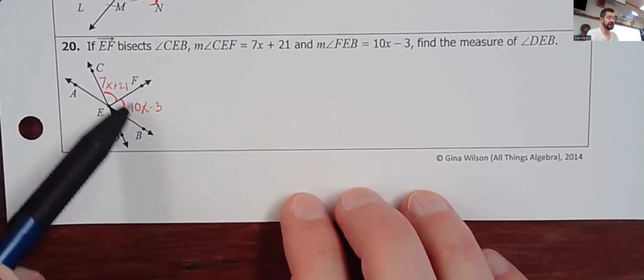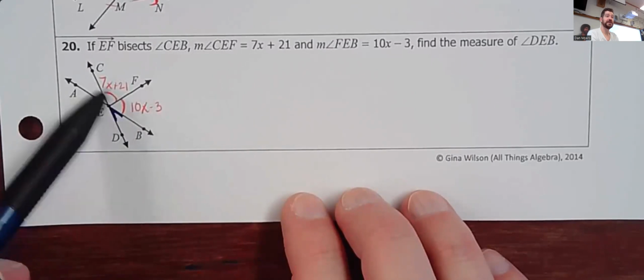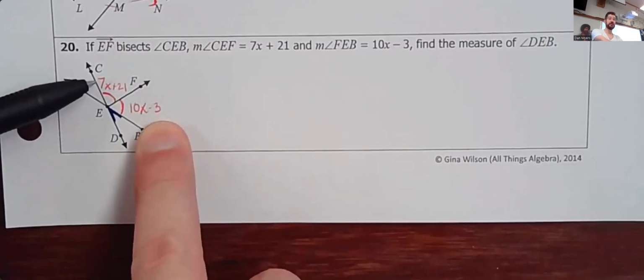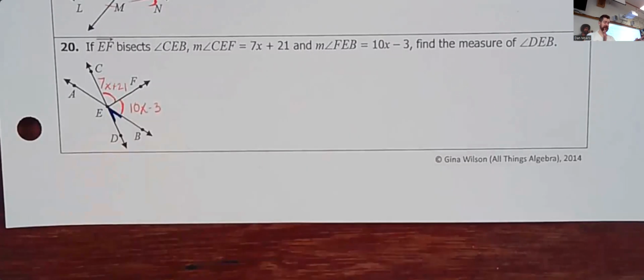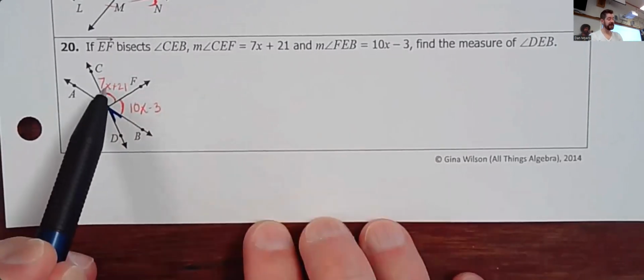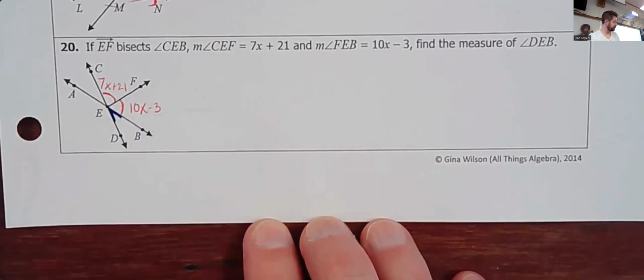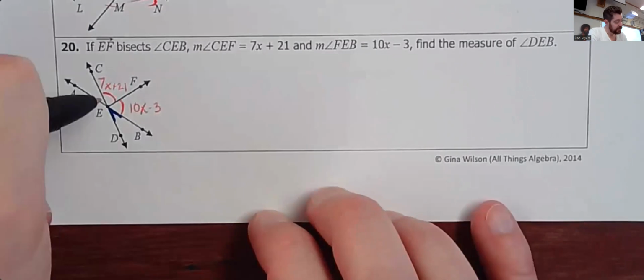First of all, we know these two are equal, right? Because they're halves of one angle that's being cut in half. So we would set those equal to each other, solve for x. Everybody okay with that so far? Set them equal, solve for x. Once you have x, I'm just going to explain this. We're not going to do it. Once you have x, you would plug the x back in here and here to figure out the angle measurements. All right. And then can everybody agree that